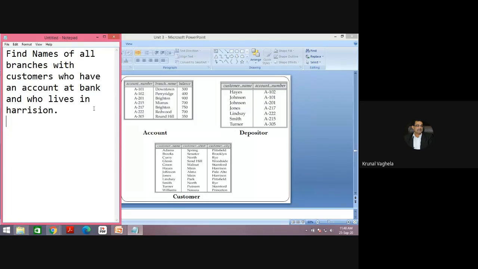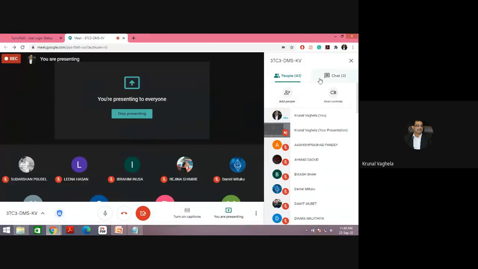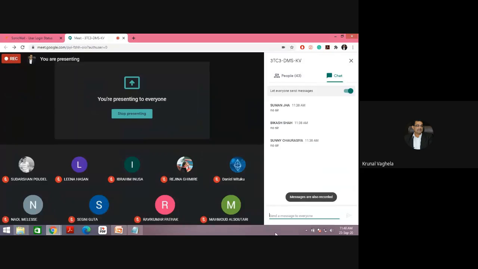You need to write the relational algebraic operation first with the Cartesian product only. No, you cannot use join, and then with the join. Got the question? Do you have any doubt in the question?